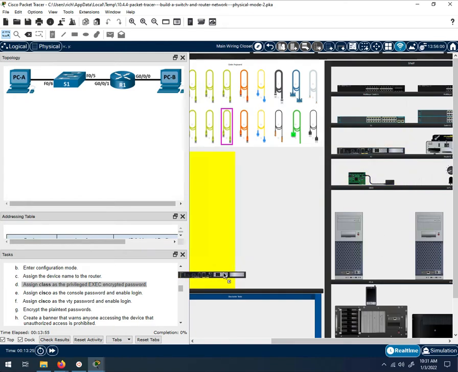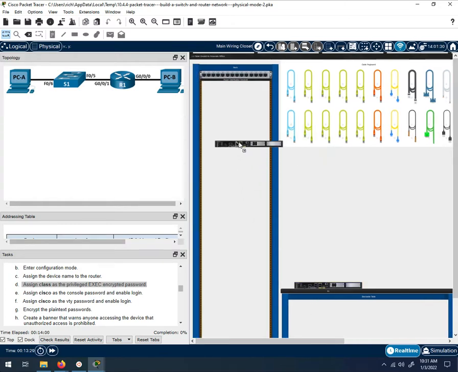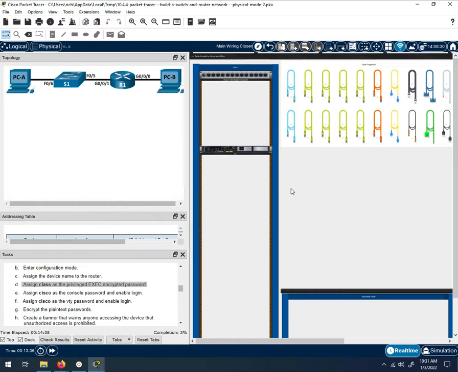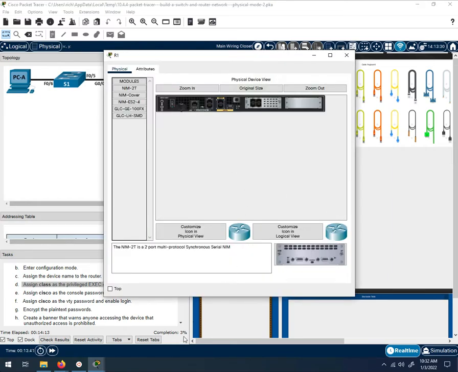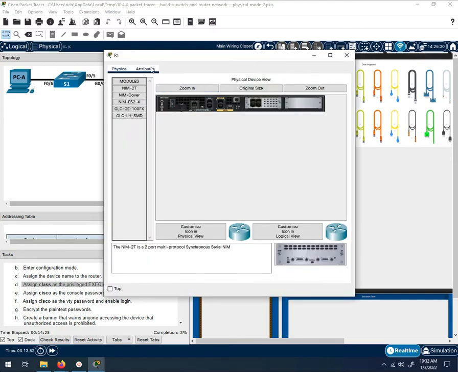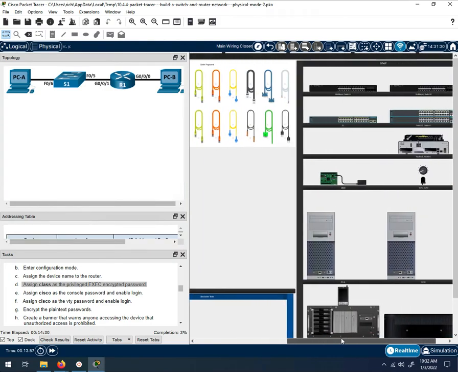So let's just try this for a minute and see if what I'm telling you is true. So I drug the router over, I turned it on. Right, did you see that went up to 3%? So I did something correct, it went up to 3%. If you drag something over you think is correct and the percentage doesn't change, then that's not right. There's no access to the console here, so I need to actually get the PC, I guess, and use the serial port on the PC